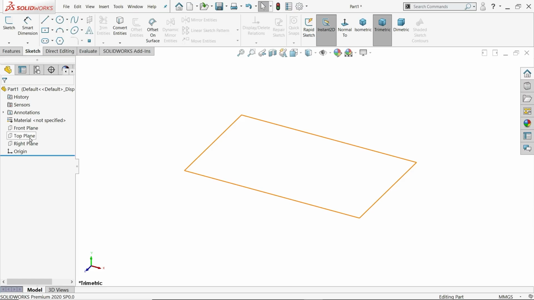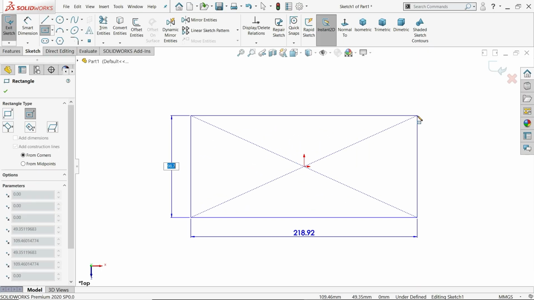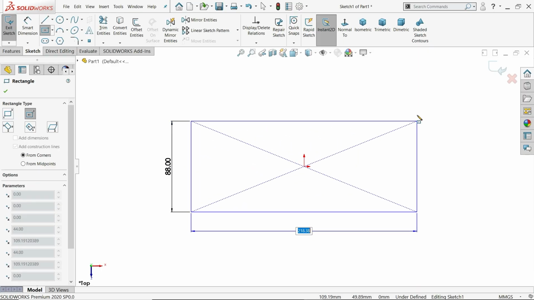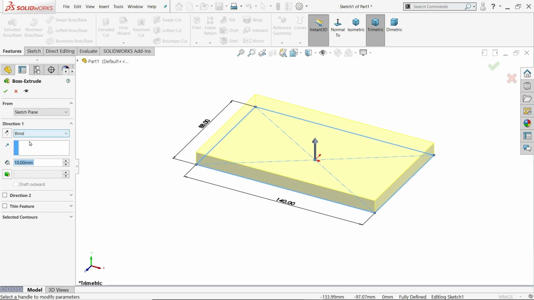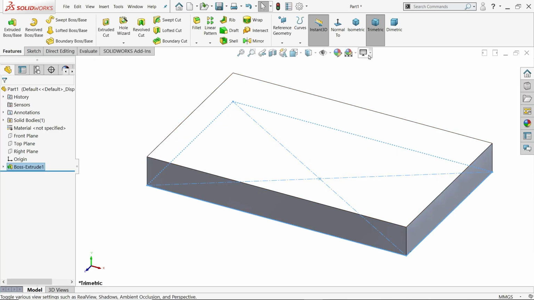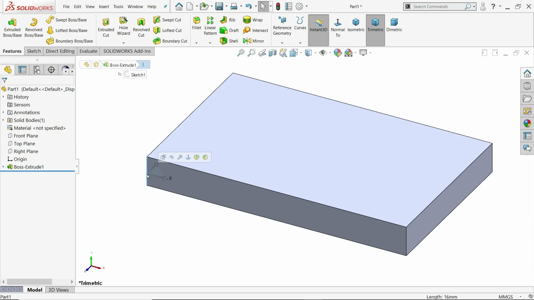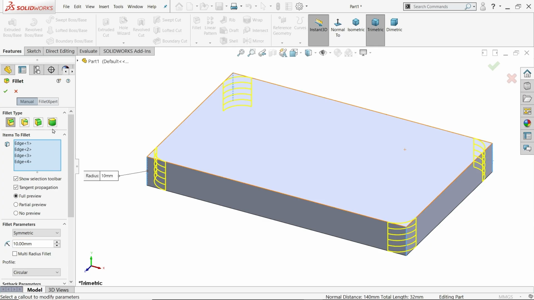So here we will select top plane, sketch, center rectangle. Okay, 88 by 140 millimeter. Feature extrude, and here keep end condition blind, 16 millimeter thickness. Say yes. Let me hide real view. I'll choose one corner and you will see one option here, chamfer and fillet. So now constant size fillet. Even if you choose any one edge, it gives you options like, see,